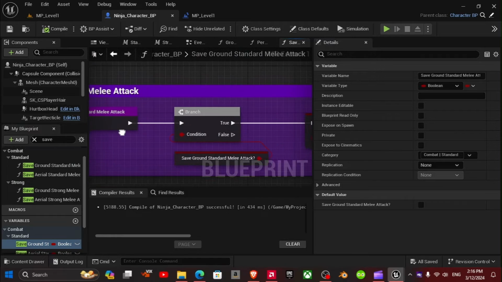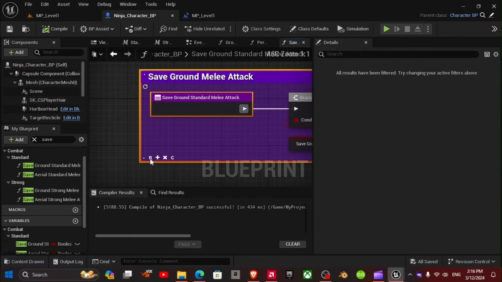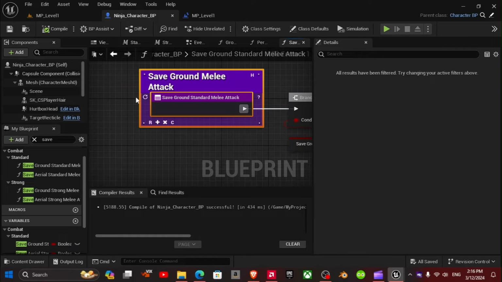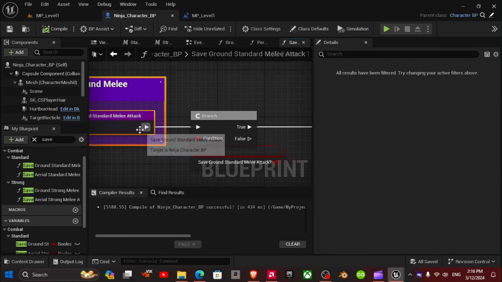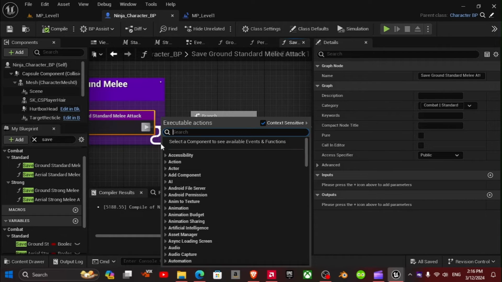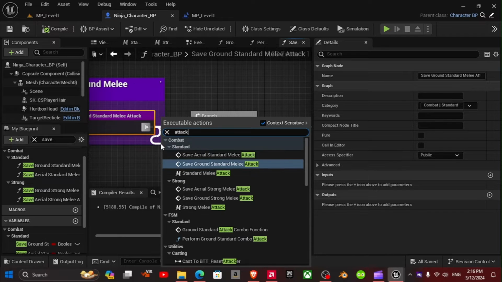All right. So, from this, I'm going to use attack modifier.